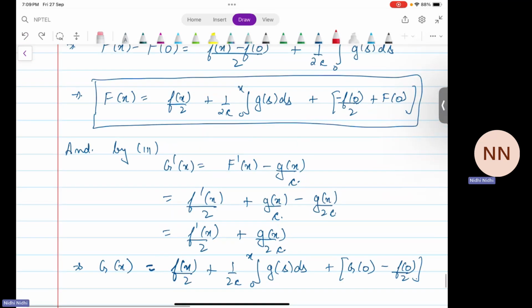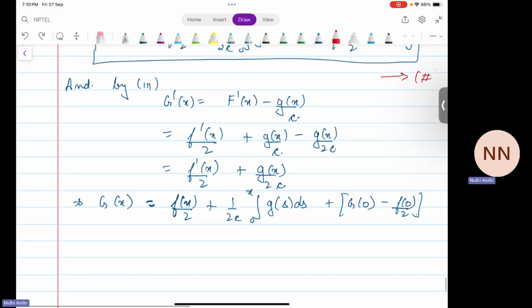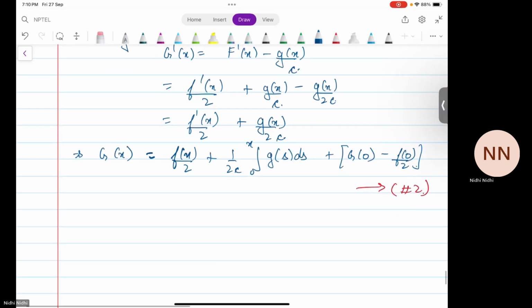If I mark this one as hash 1 and this one as hash 2, by hash 1 and hash 2, we get